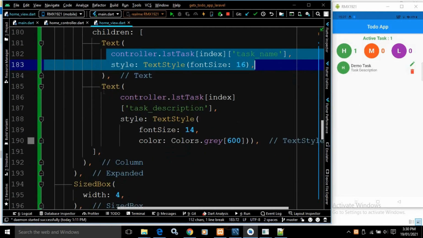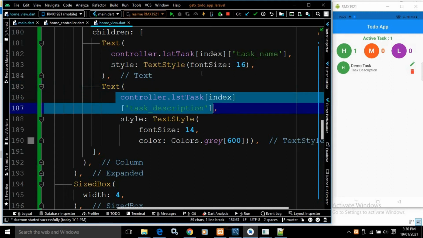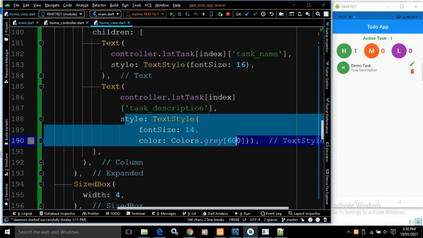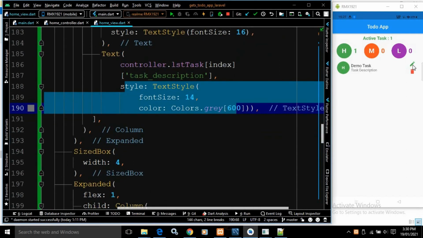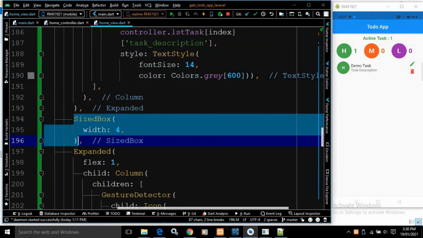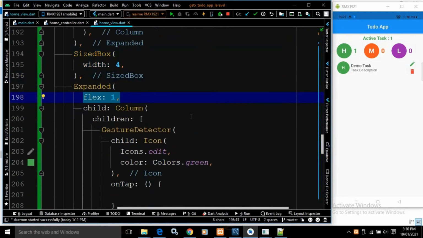Okay, and after that this text widget, here I have written controller.lst_task_index task description. This means it will specify the description of the task, and for this title and for this description I have given some styles. Okay, after that again you can see there is a space between the title and the description, and between these two icons I want to provide some space, and to provide the space I have used a sized box having the width as 4. Okay, now again I have taken expanded widget having the flex as 1,